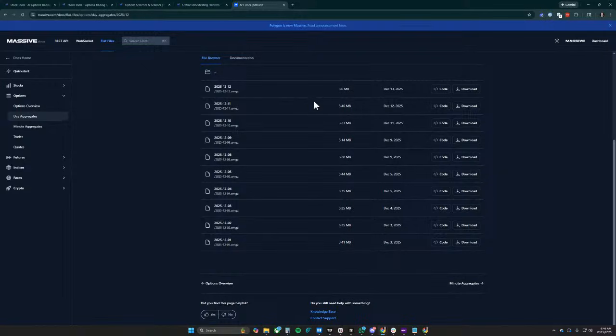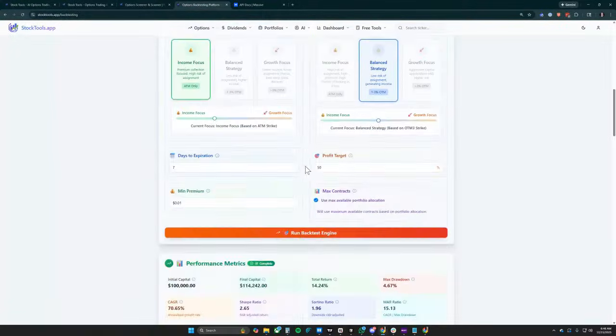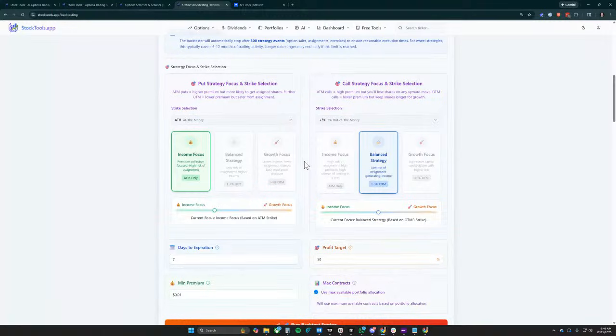And if I open one of these up, it's going to be like 300,000 rows of a spreadsheet with every single options contract for every expiration and what was their open, high, low, close. And so I'm literally going through and downloading those zip files, unzipping them, reading them, trying to find the Apple contracts that are relevant for this time period, caching those, and then I run the strategy against those contracts over